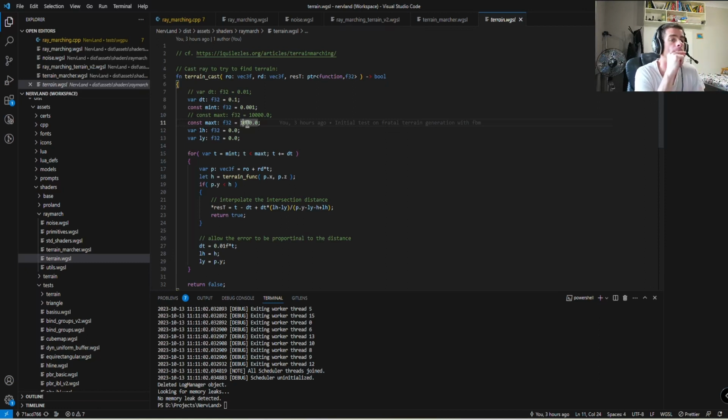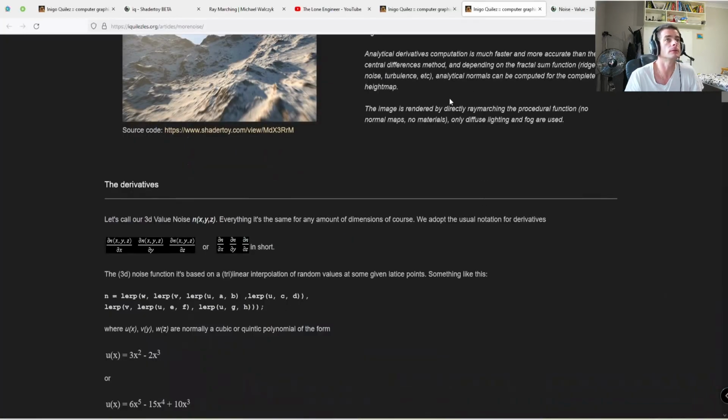And then you also use this function again to compute the normals of the terrain. So it's very, very expensive for every single fragment. So too expensive, in fact, and it's just killing your frame rate. So you can't do it this way. But if you check actually what is done in the elevated version,